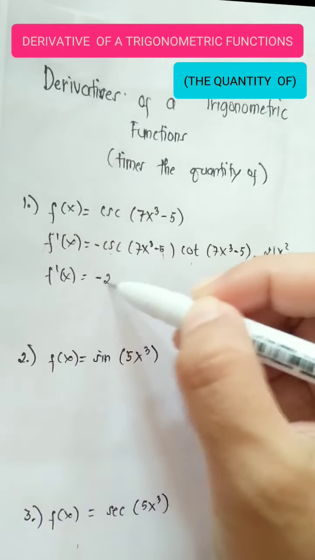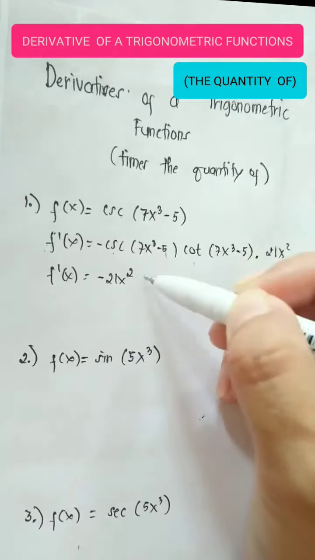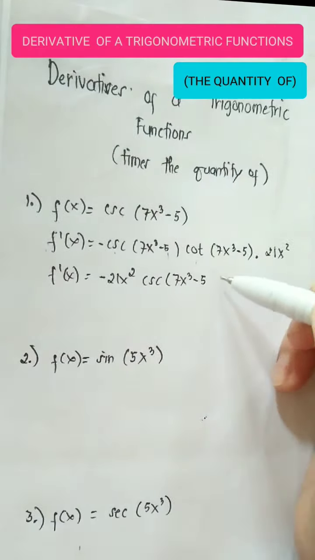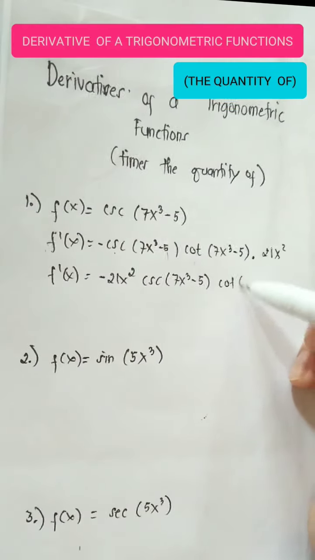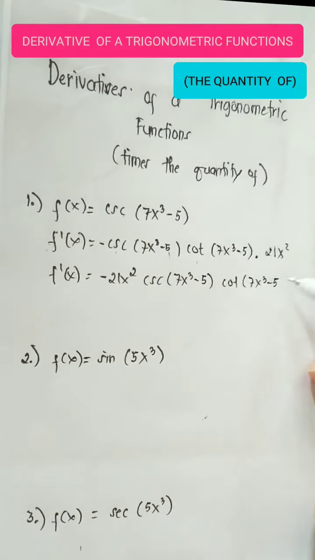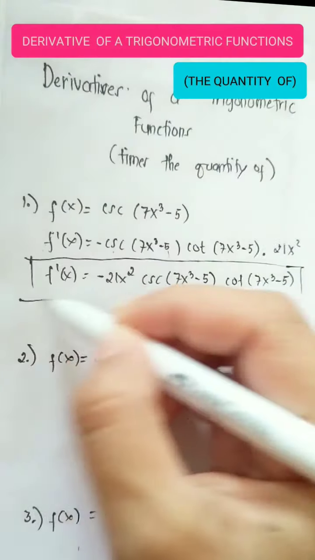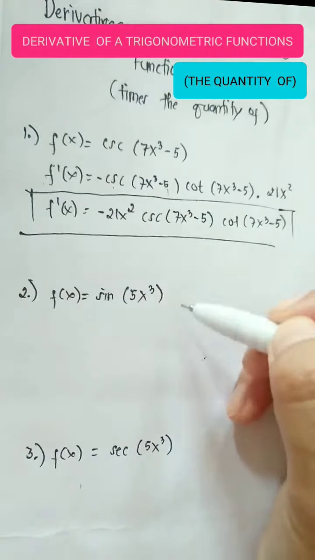That will be negative 21x squared, then cosecant 7x cubed minus 5, then cotangent 7x cubed minus 5. That will be our answer for number 1. So number 2, 3,